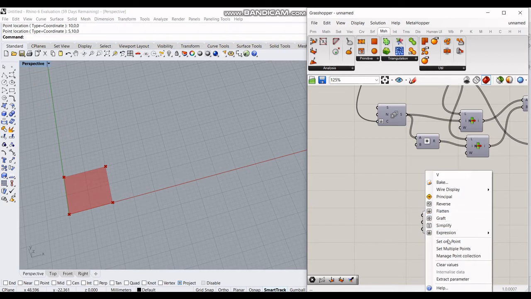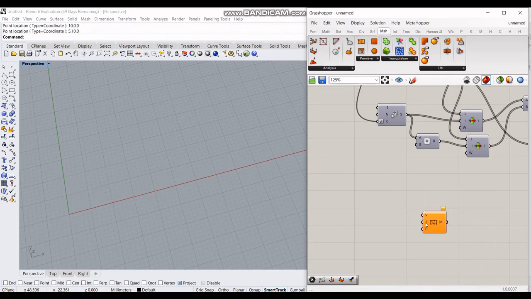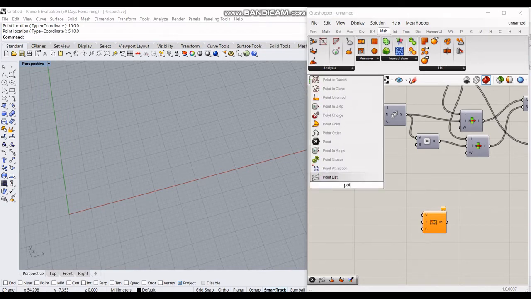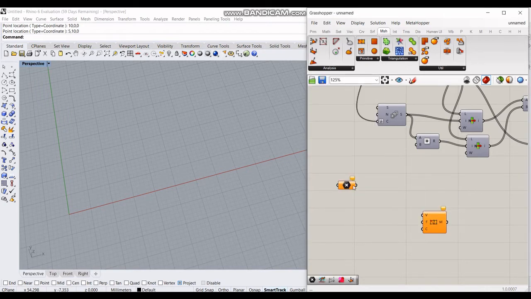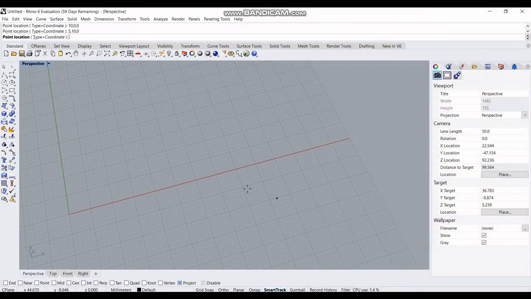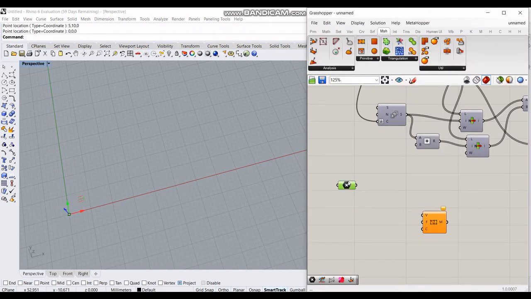Let's clear the initial values which are there by default. Now we'll make a basic triangular mesh in Grasshopper. Let me initialize 3 points. You can just create a point component and set 1 point, and you can type the values of the point. So I'll use 3 points now.